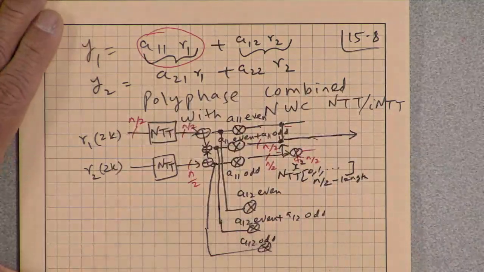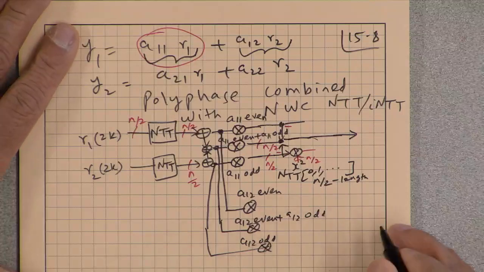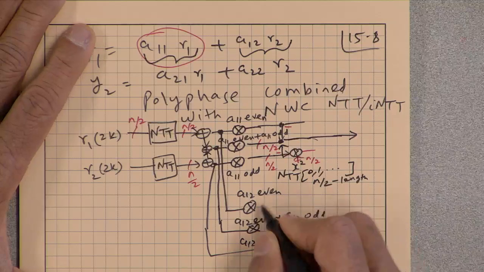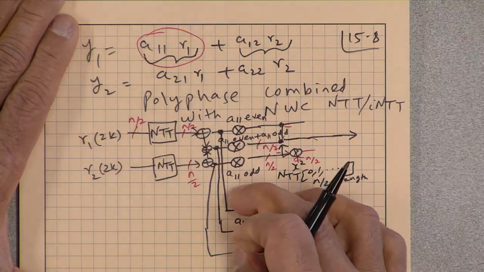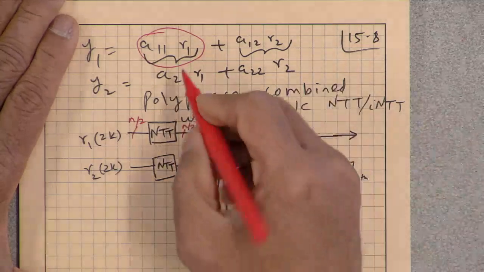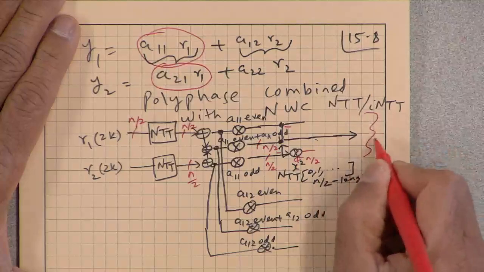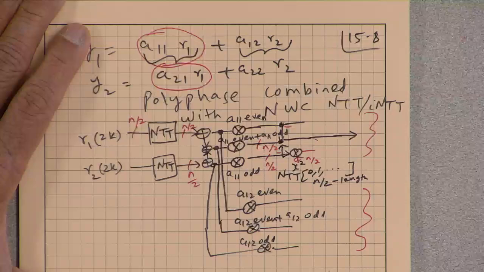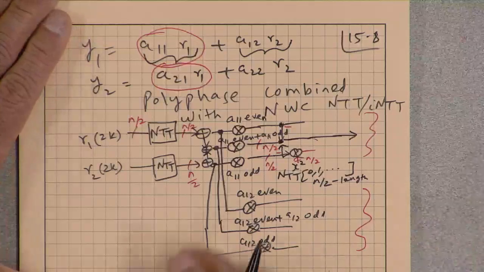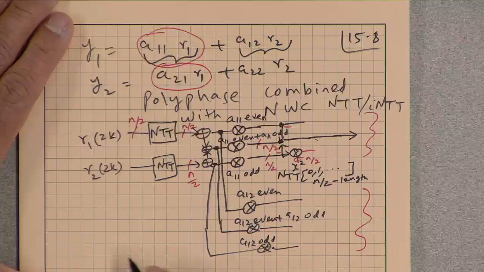okay, I made a mistake here. It's not fully a mistake, but that's fine. So this multiplication here is A21 R1. So this whole thing, these three things are A11 R1, these three things are A21 R1, and I need similar circuits for A1 times R2, and then we need to add, okay, so